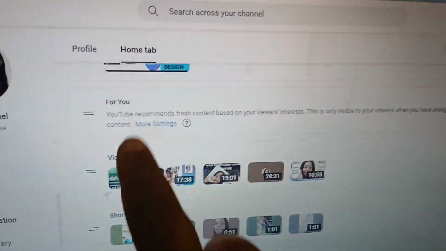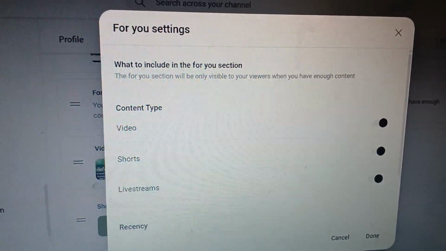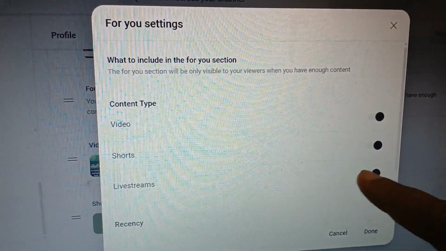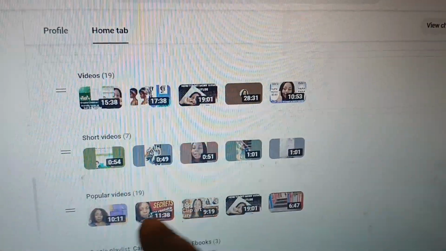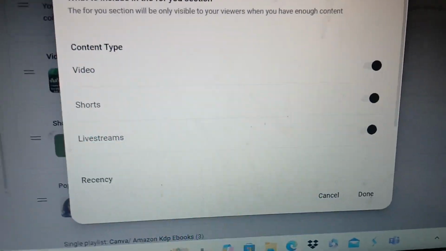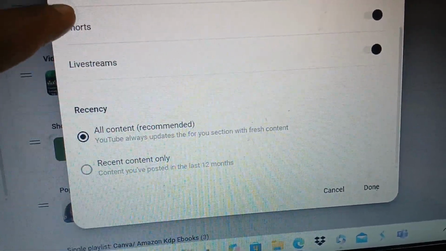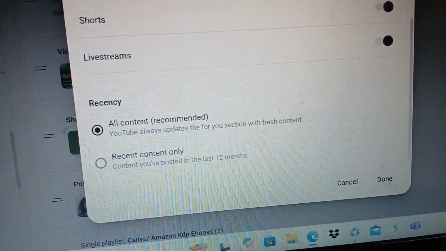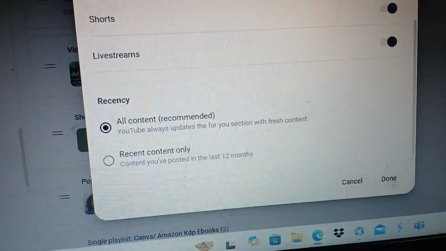Okay, you go back to this, and for For You, you click on live stream. Now if you are a YouTuber that live streams, if you turn this on, it will also show. Okay, let's go back to my own home screen. You can see my live stream now. So after you've turned on videos, shorts, and your live stream, that's if you have a live stream that you have done. And I recommend that you often do live streaming,